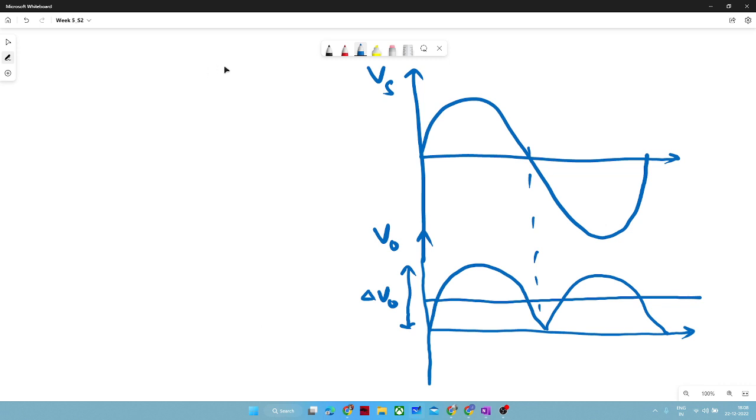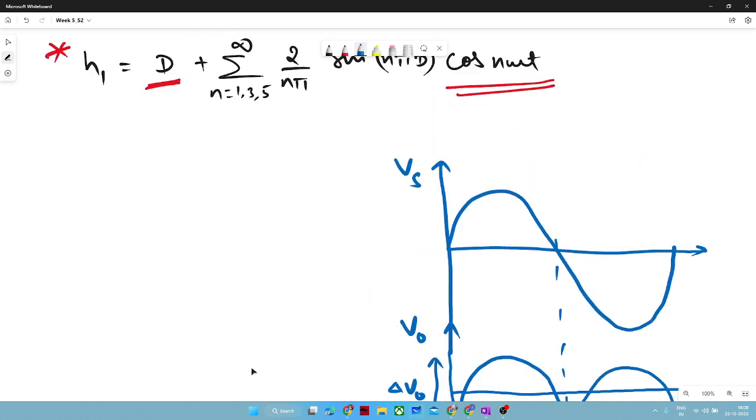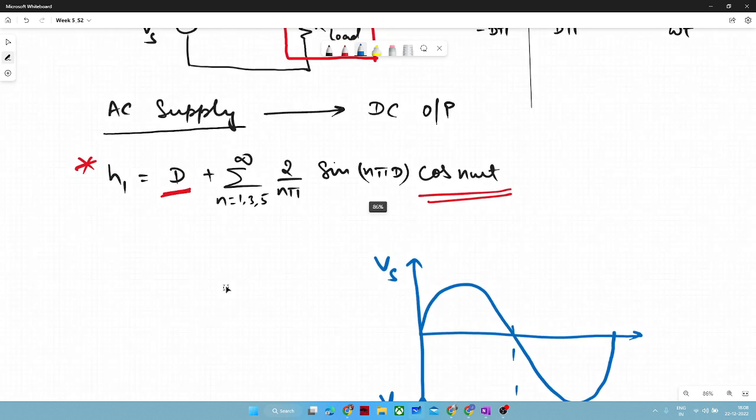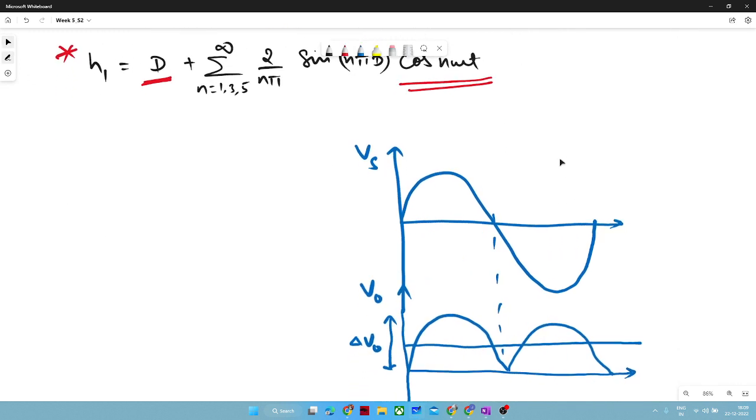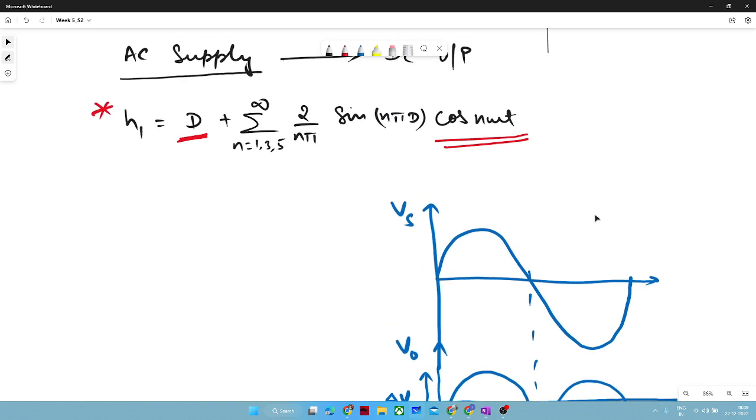So our objective as a designer is to minimize this ripple, and we should be able to get a constant DC component. But it is a bit difficult. So I just wanted to visualize what the problems are. These are not desirable things, but we have gotten used to achieving this kind of waveform and getting DC components. So, moving ahead now,